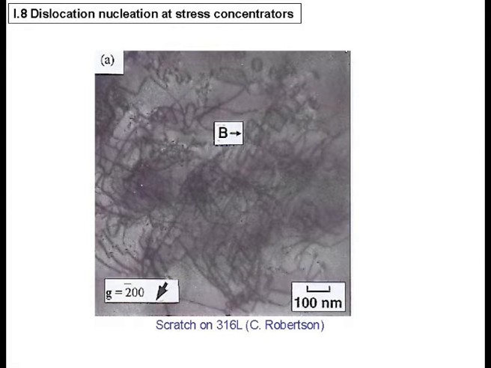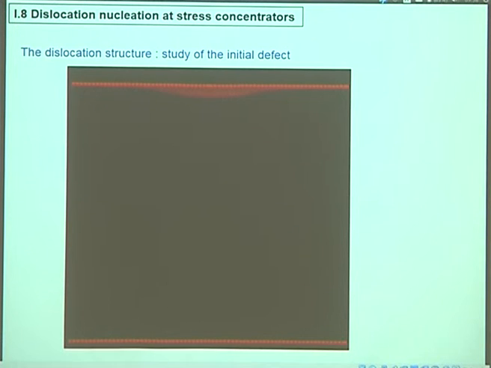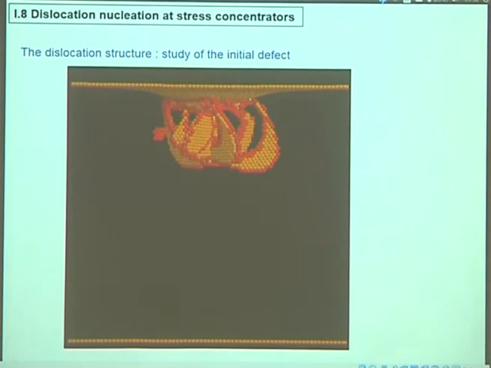Those are what we call prismatic loops. You see these loops, and since I have time, I will explain what a prismatic loop is, because this is an animal I love. I love those prismatic loops, so I want you to love them also. They are something very important in plasticity. We can also observe these prismatic loops in molecular dynamics simulations. This is an MD simulation. I will show you that also in a few days.